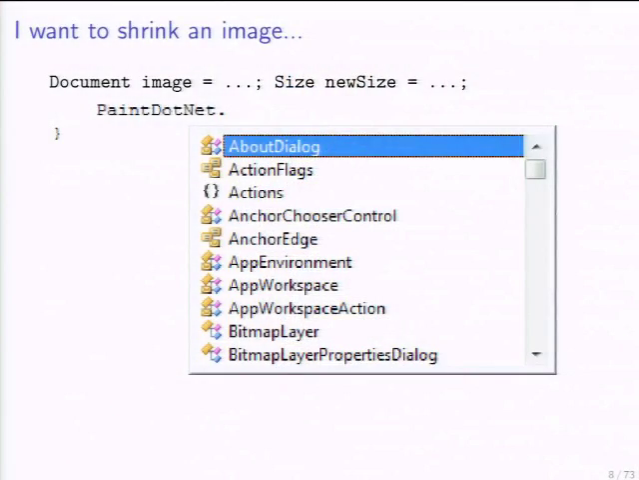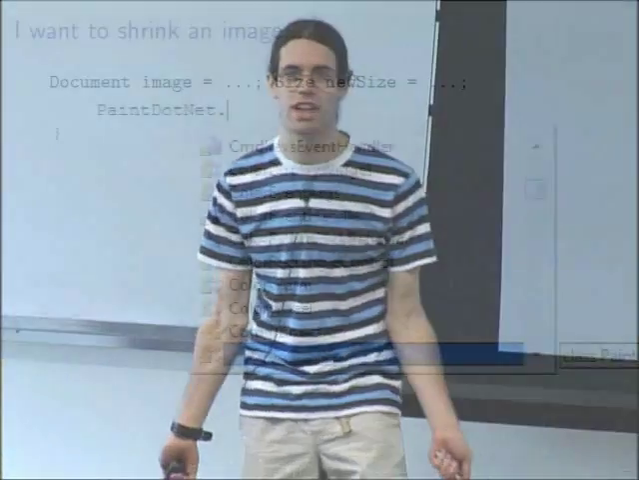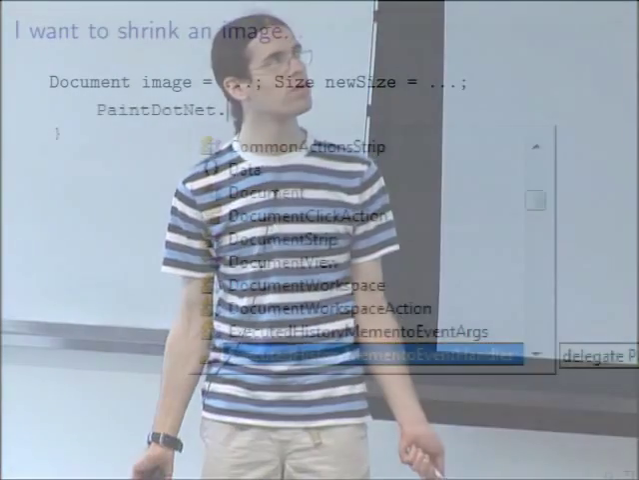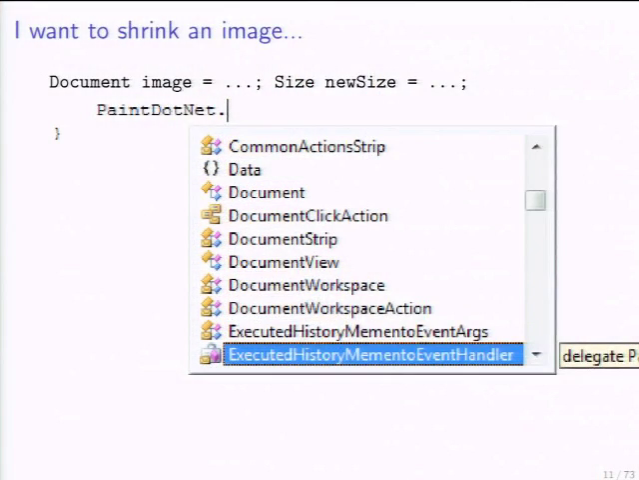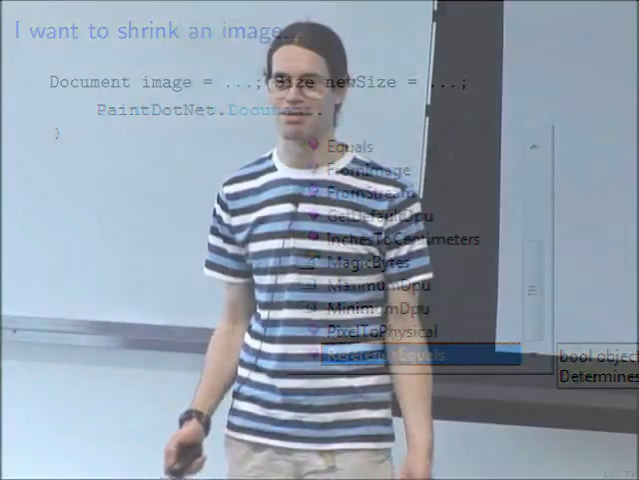And after that, probably is going to try to start enumerating all of the static methods and hoping to find what they want somewhere in here. Just scrolling down, trying to figure out if any of these classes or namespaces sound like they have to do with what they want to do. Say, oh, maybe it was static on document. Not there either. At this point, the programmer is probably getting a bit frustrated, wondering who designed this API so poorly,